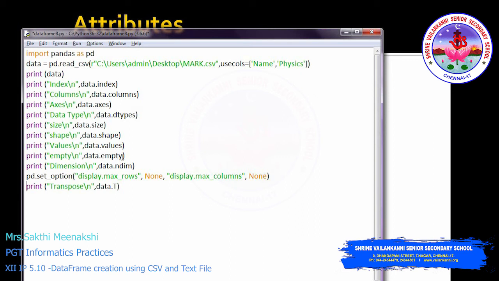And empty checks whether the data frame is empty; if empty, it returns true. And then ndim displays the dimension. And then set option, let's forget this one for now. Then transpose, data.T. This transpose we already learned in NumPy arrays: changing rows into columns and columns into rows is called transpose. So let's run this one.